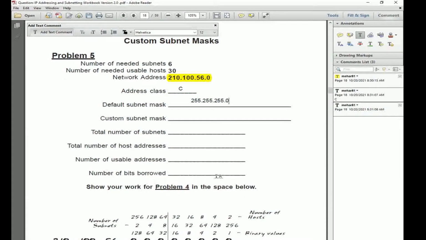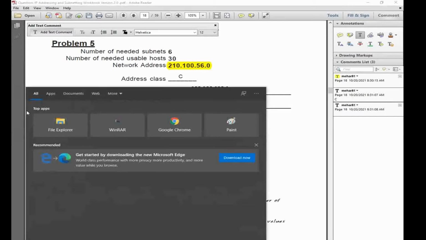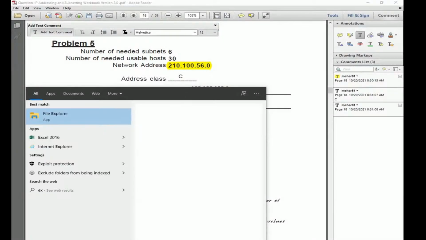So how many bits do we need to borrow? Now come to this point. Let me take the Excel sheet.